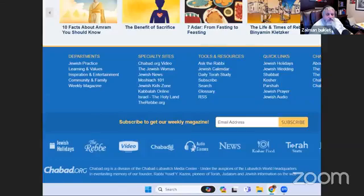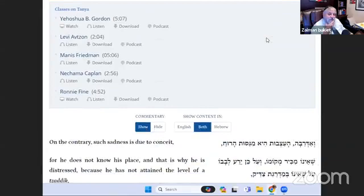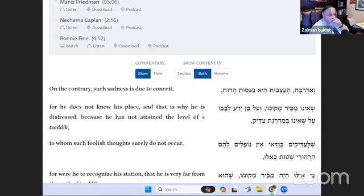That completes the Chumash for today. We're now going to go to the Tanya. In chapter 27, the Alter Rebbe is in the middle of explaining the concept of what happens if a person, chas v'shalom,